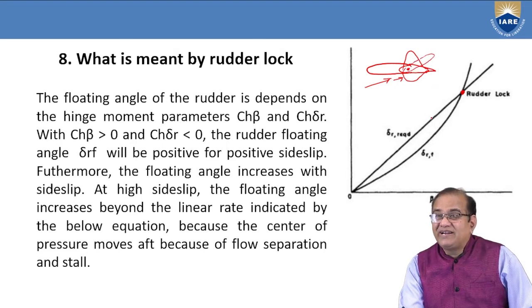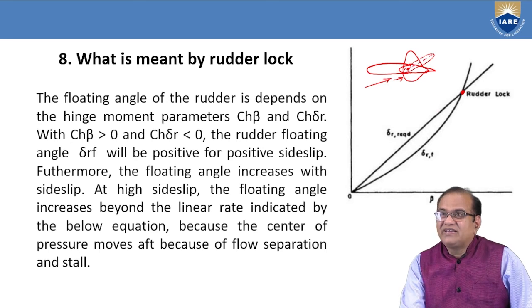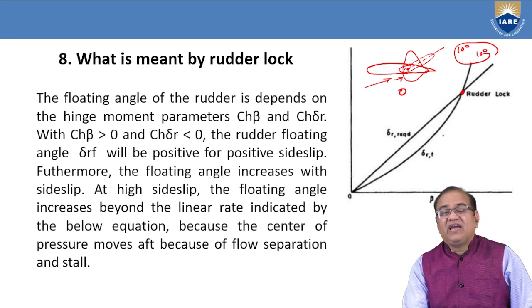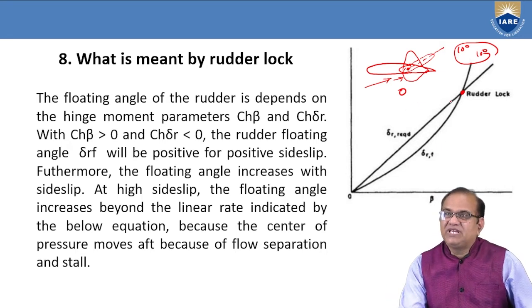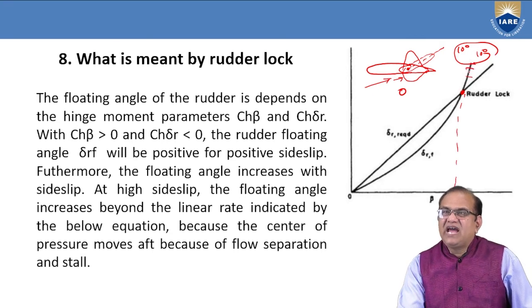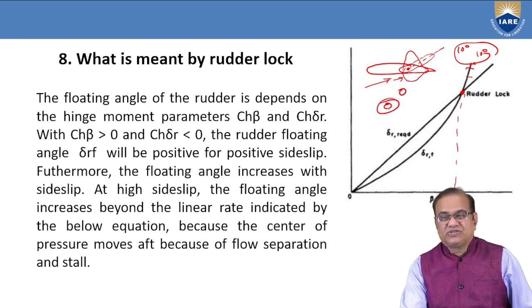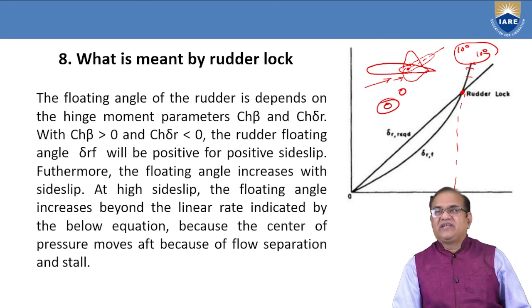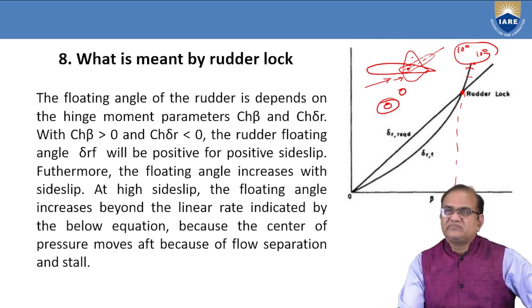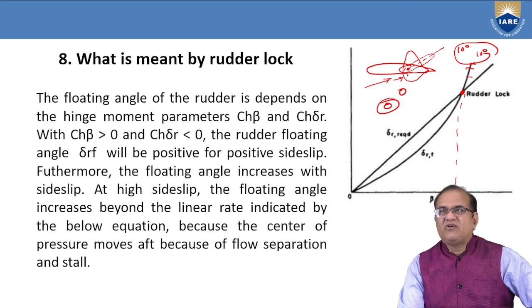Okay, so if the angle required, suppose 10 degrees is required and it is already floated 10 degrees, then this point will be zero. So it will be unaffected. Up to here, it is okay. But if you go a little ahead, this is very high and whatever you are deflecting will be neutralized, no use. That is called the rudder lock, and this rudder lock depends upon the hinge point and the free floating condition, how much the rudder is floated, that we have to ensure.